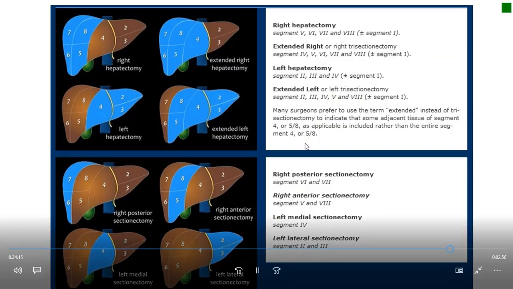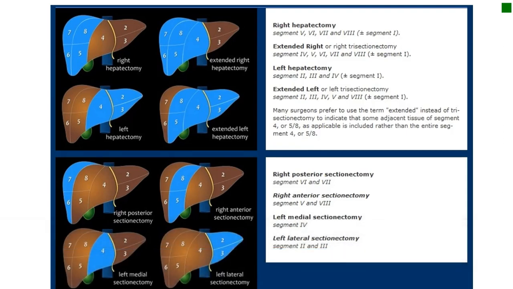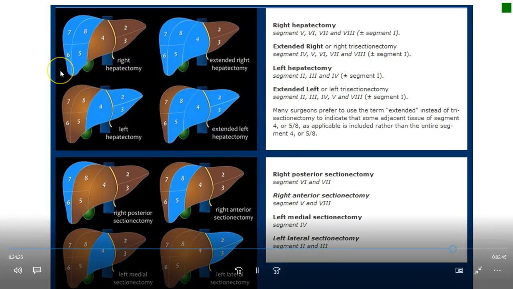So once again, these are more really nice images from the radiology assistant showing how they segment the liver and actually do resections, and how they name the resections. So if you're doing a right hepatectomy, you're going to take 5, 6, 7, and 8, all 4 segments right here. If you extend that into number 4 at all, or if you take all of number 4, then it's